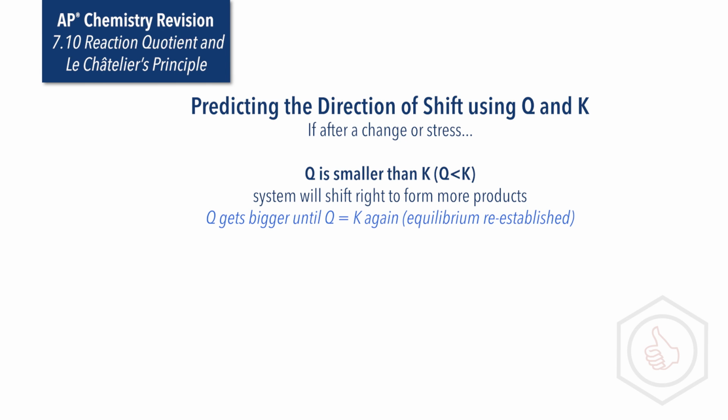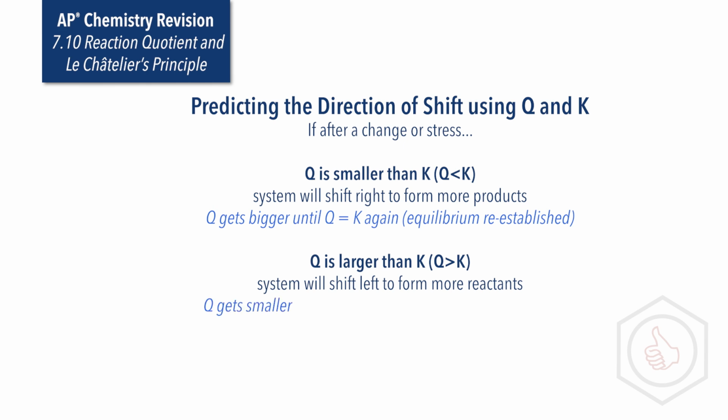If the value of Q is greater than K, the system shifts to the left to form more reactants. The value of Q gets progressively smaller until eventually it equals K and the system is at equilibrium again. Remember, when Q equals K, the system is at equilibrium. So if a system at equilibrium is subjected to a change or stress, but Q continues to equal K, then